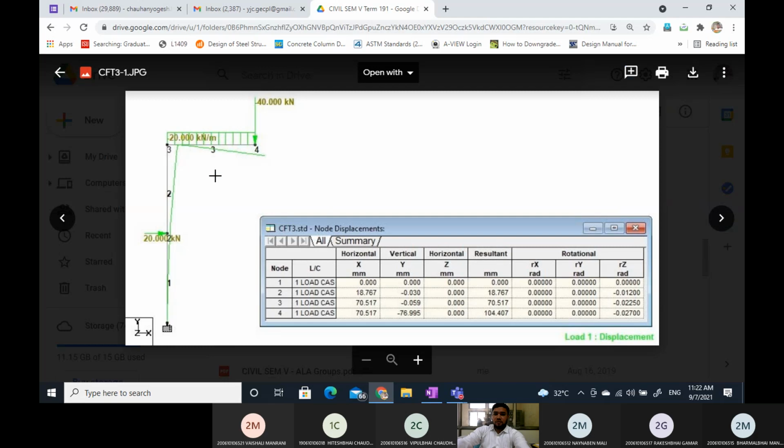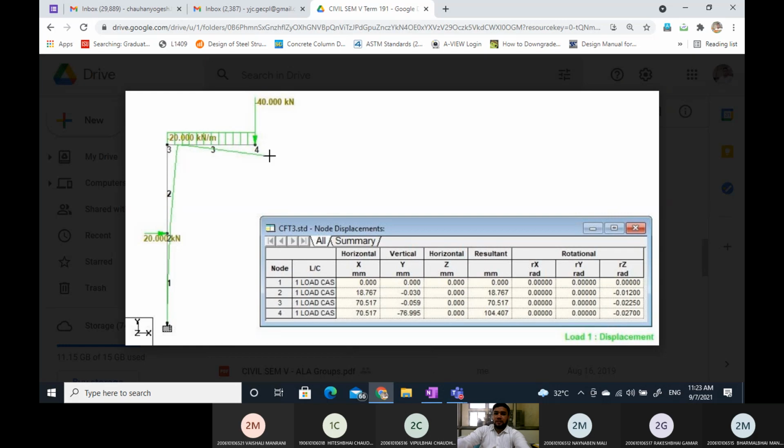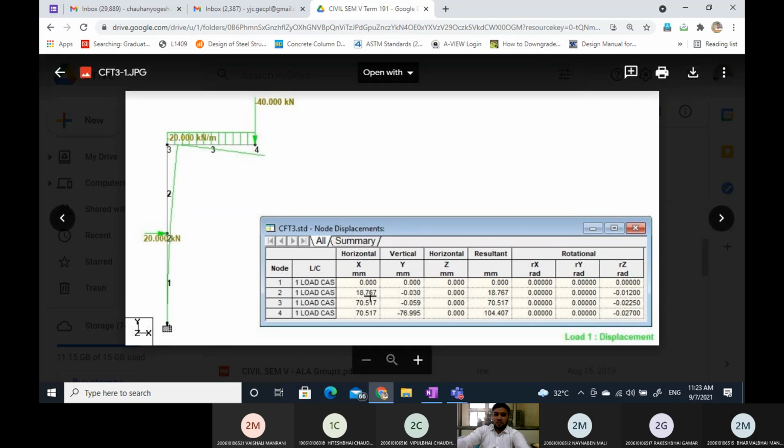This is the example of the frame. This is the deflected shape. Okay, this is the y deflection and this is the x deflection, in the x direction. So the deflection in x direction at node 4 is 70.517. Then the y deflection at this point 4 is minus 76.995 mm.